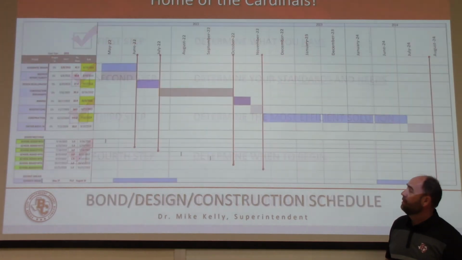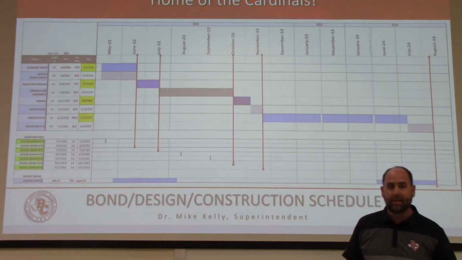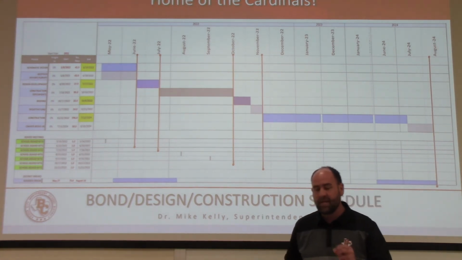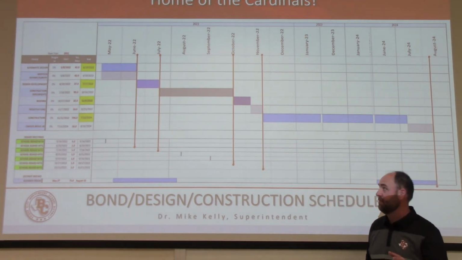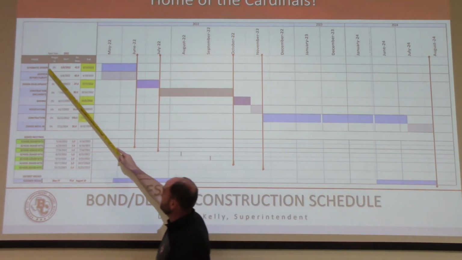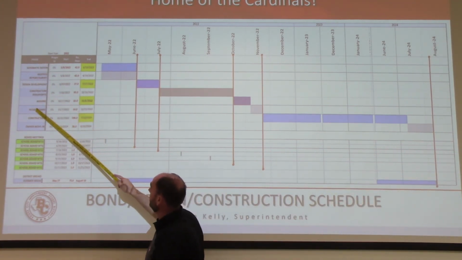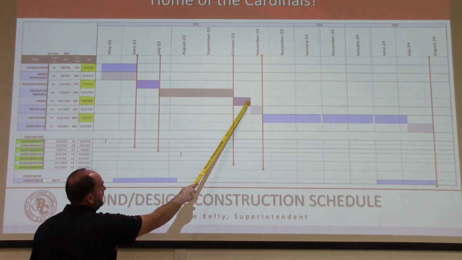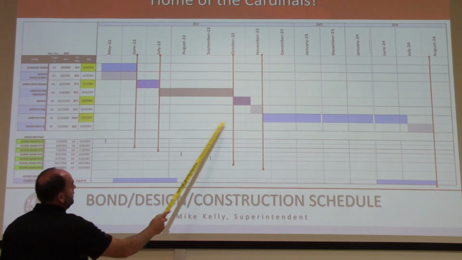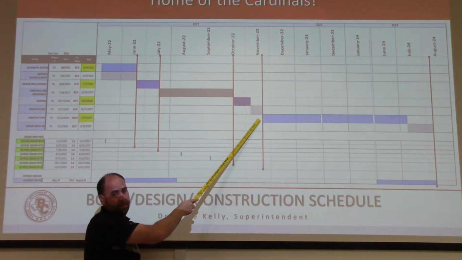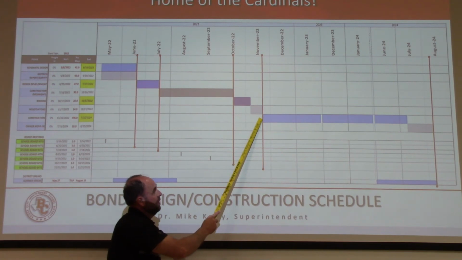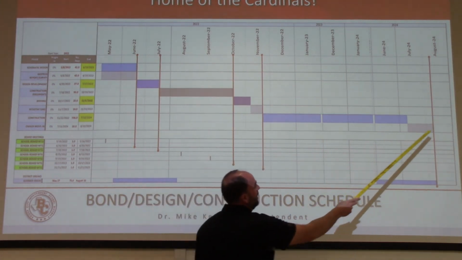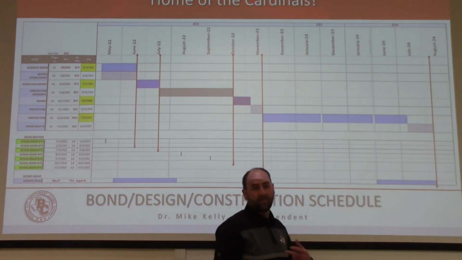The last step is determine when to begin. And so let me just show you why this is very, very important. If these bonds were to pass on May 7th, the first 6 steps, 1, 2, 3, 4, 5, 6, would take all the way until mid-November. So then you're not even getting into construction until probably December of 22, building for about 600 days, and opening the new campus in August of 24.